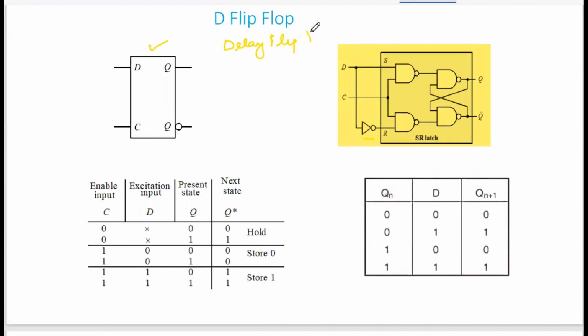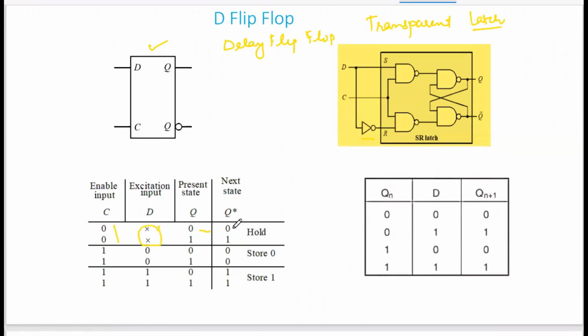Why is it called a delay flip flop? Because whatever you apply on the input is actually your output. There is no change corresponding to the input. The input is reflected as it is. Sometimes it is also called a transparent latch. So here you can see, if the clock is 0, no matter what you apply on the input,